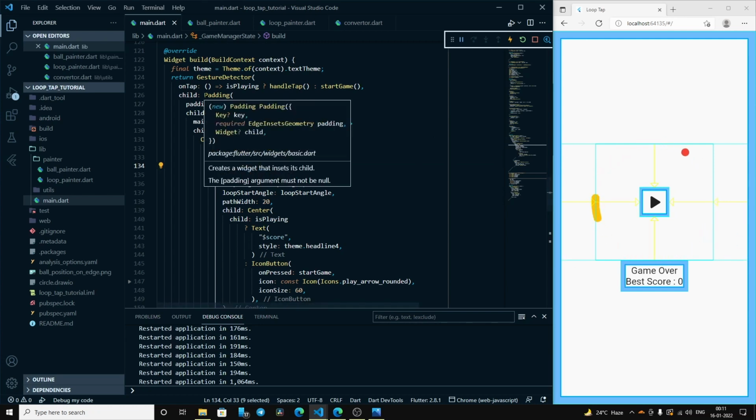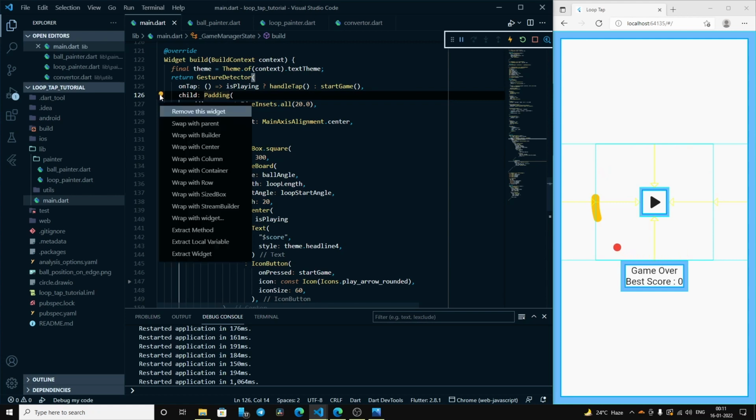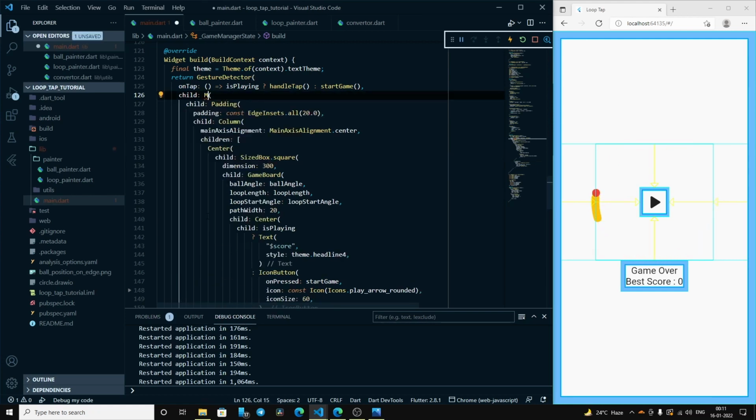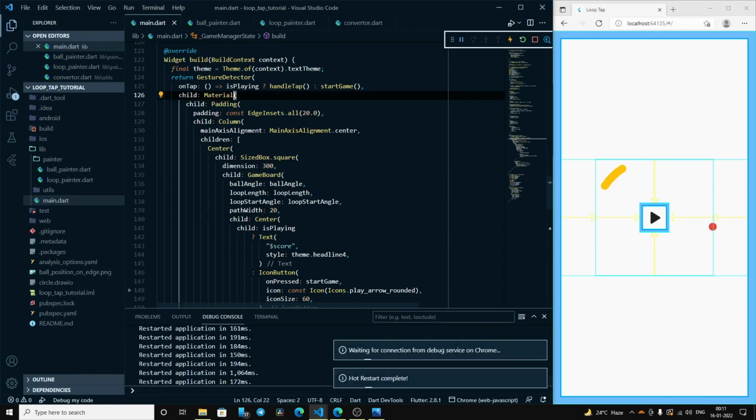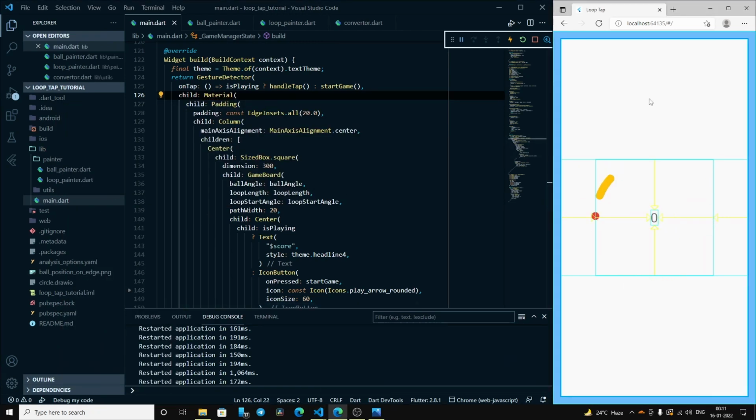So to give a surface to our gesture detector over the whole screen, what we can do is wrap our padding widget with a material. This material will give a whole surface to it. That means even if we tap outside, this is going to work. Now what we are also missing here